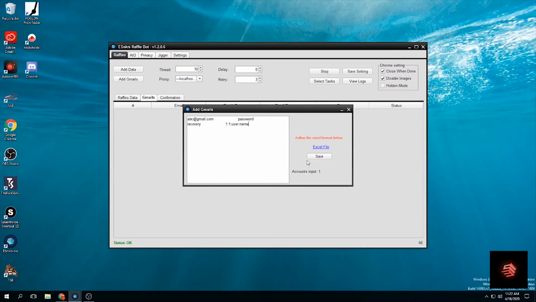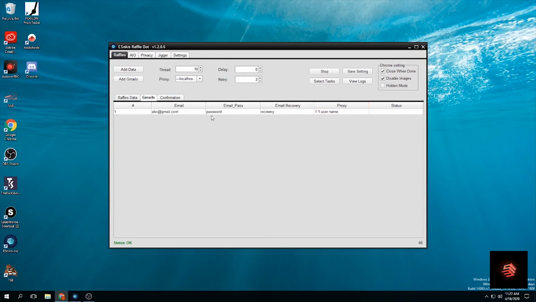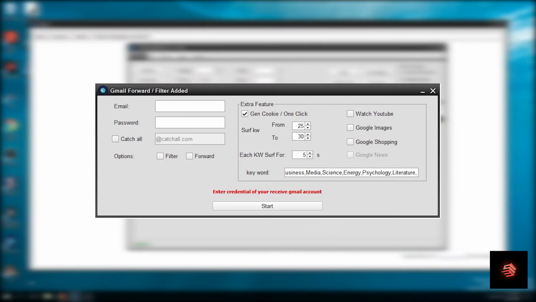After you copy and paste into each sneaker, you can start running forward, filter spam email or change password. Always remember that you need to generate cookie before doing so. For better results, you can run forward first, then filter, then change password. The more you change cookies, the better your Gmail will stay alive. The minimum that you should change is 20 words with 5 seconds. Feel free to add more words or mix this setup by yourself.